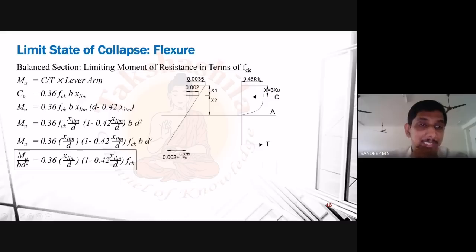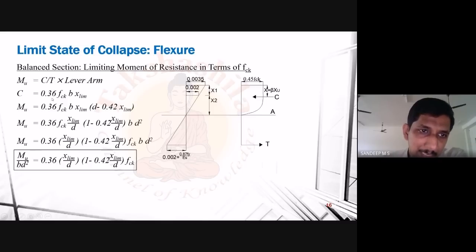Okay, so basically our expression can be written like this: 0.36 fck b into, instead of xu, I am just substituting x limit. Again, please note this is the same thing, the neutral axis. Since it is the neutral axis of a balanced section, we are just representing it by another variable called x limit. That's all. Now substituting this value in our general expression for moment of resistance,